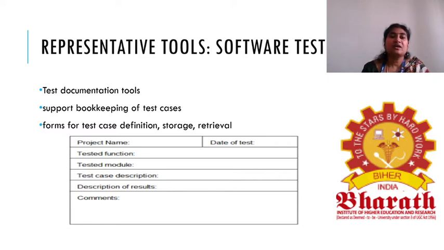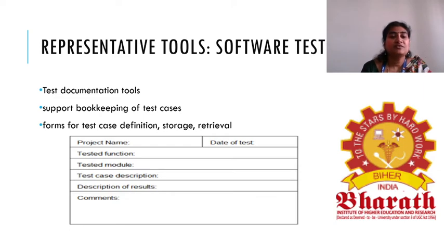Any kind of information related to the various testing, such as test cases, test procedures, and the results you obtain by applying the test cases for the various kinds of tests, everything needs to be recorded. This kind of documentation associated with software testing is said to be test documentation, and there are tools that make this test documentation easier.